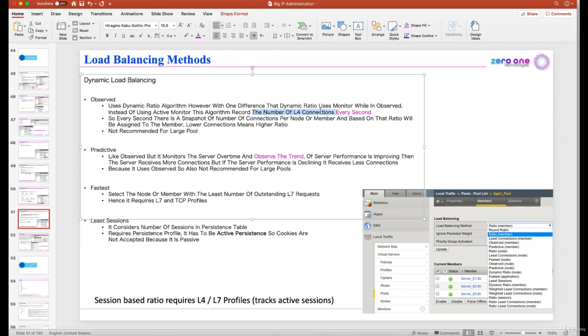So we don't have to install the SNMP DCA on the server, no. Because the BIG-IP is able to see all the connections going to the server, here the BIG-IP will take a snapshot every 1 second. Every 1 second, the BIG-IP will calculate, okay, on server 1, how many L4 connections, on server 2, how many L4 connections, on server 3, how many L4 connections,